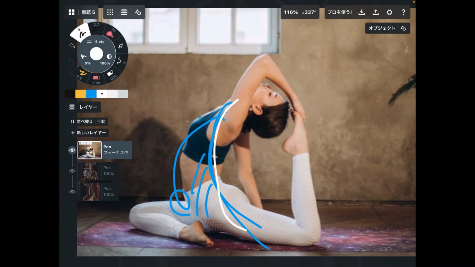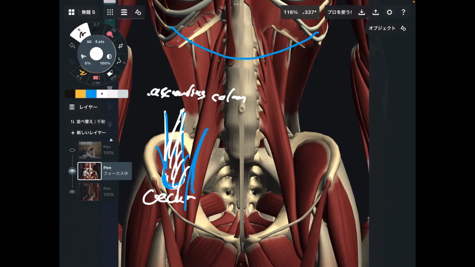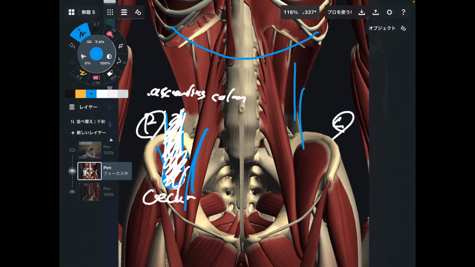So it's like the tightness around internal organ. You cannot lengthen your body. Why? Because there is tightness. You literally cannot extend body like that. And some internal organs have relationship with iliopsoas. Do you remember? Cecum and ascending colon. This is right side. How about left side? There is descending colon.